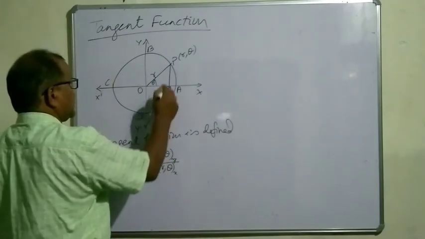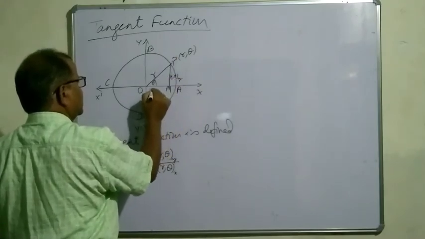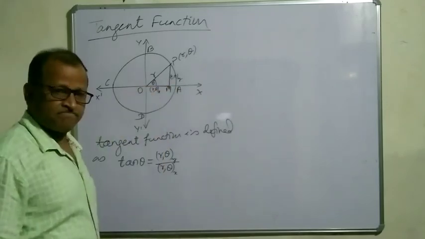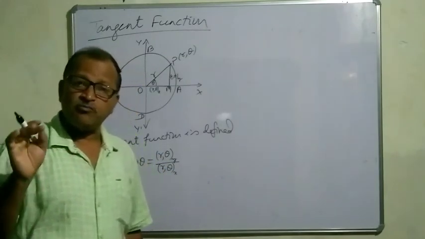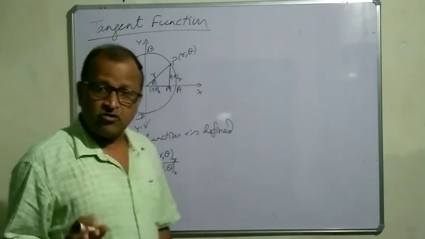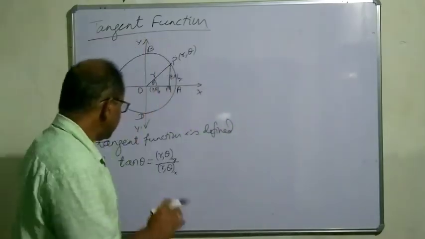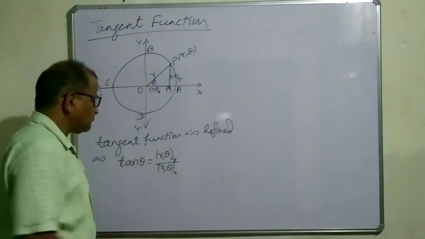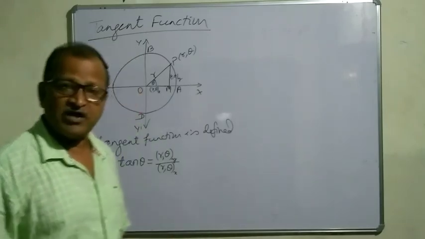You see, r sin theta, that is MP, and this is r cos theta, this is OM. Okay, so what will be its domain? How will you get the natural domain of this function? Yes, I have already told you the method to find the domain of a real function. You see, it is just like a rational function, the ratio of the y coordinate of the point divided by its x coordinate, ordinate by abscissa.